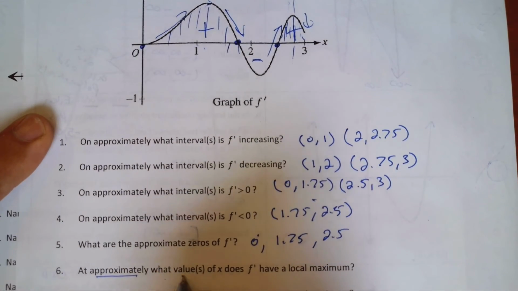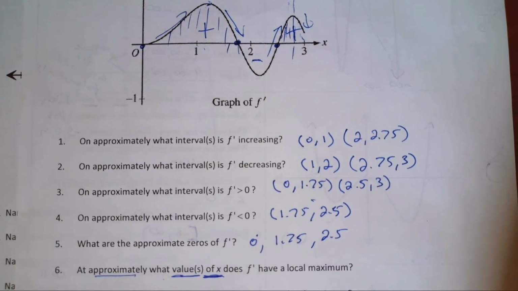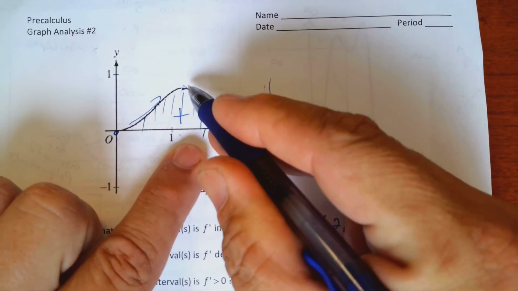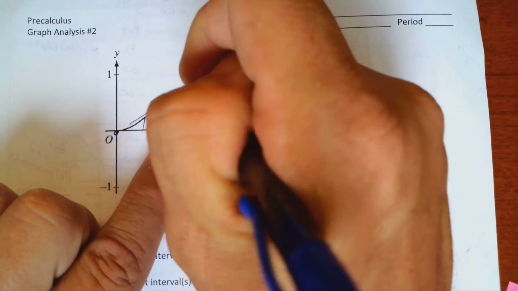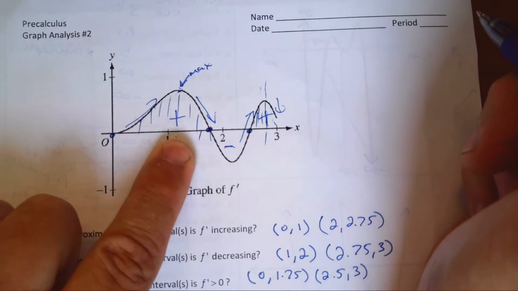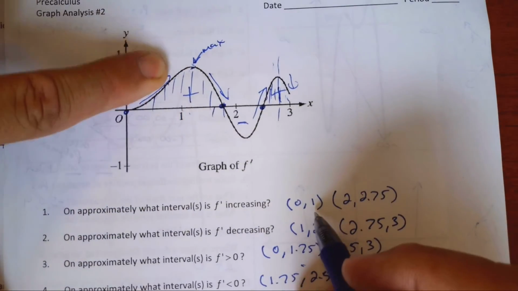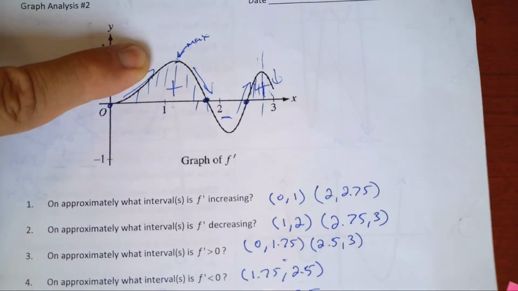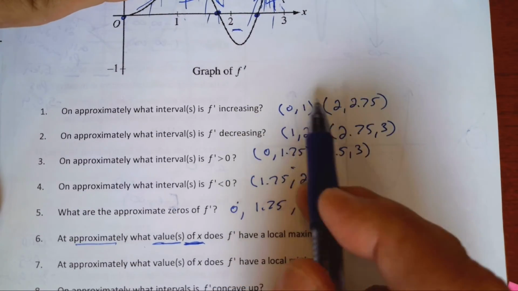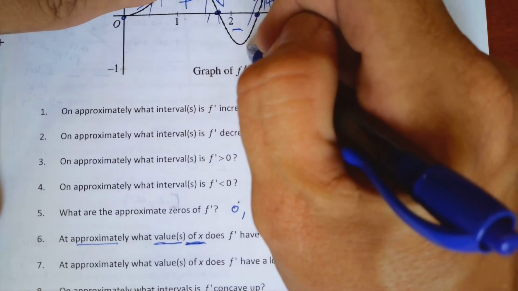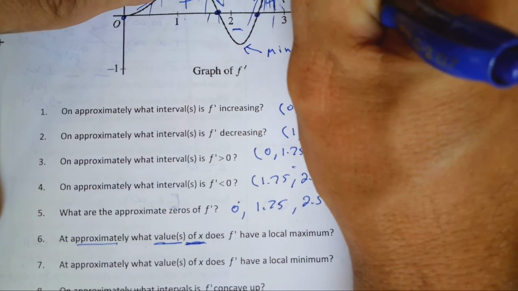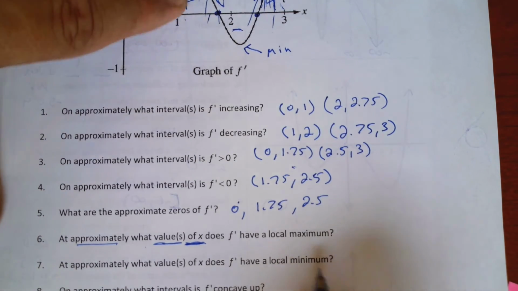At approximately what values of x does this have a local maximum? So again, it's asking you about where it's happening, not what it is. So like here's a max, right? So our max is taking place at, well, we already called this 1 where it stopped increasing, so let's just stick with that number, even though it's maybe a little bit past 1. But it's going to be these same numbers where it changes over from increasing to decreasing. So we have a maximum at 1,